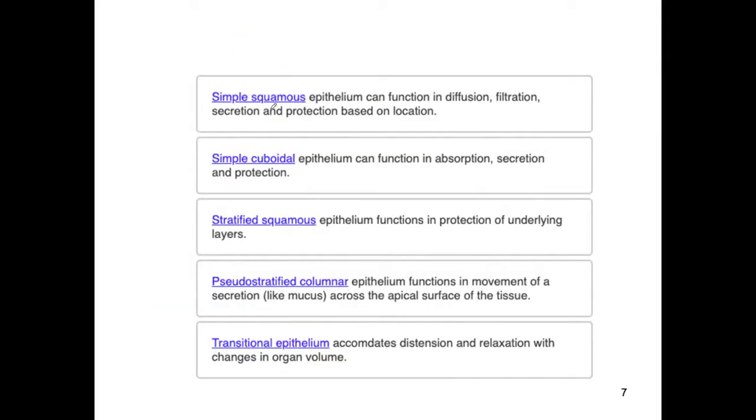Now, in terms of some function, I've seen this show up on certain quizzes, like certain Connect quizzes from McGraw-Hill in the past, where it was a drag and drop. So what type of epithelium can function in diffusion, filtration, secretion, and protection? So when we see the word protection and diffusion, I think of the skin. Okay, in the skin,